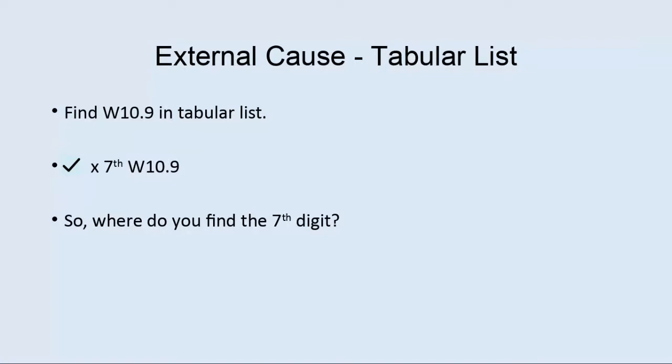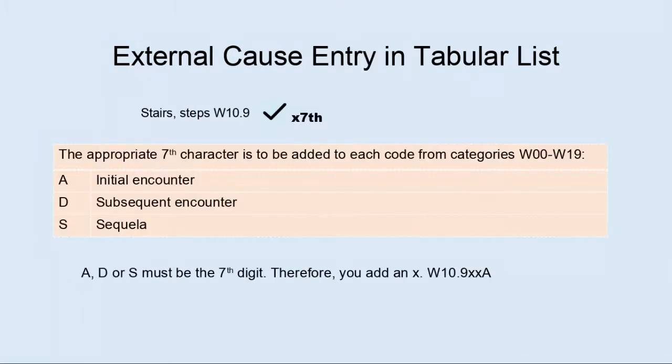Okay, so we go to W10.9 in the tabular list, and this is what we see. So again, we need a 7th digit. So where are we going to find it? The X means you need a placeholder, just like we did last time, and then a 7th digit. So let's go back to